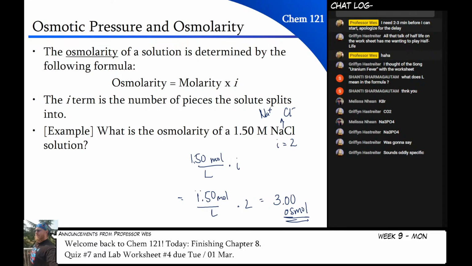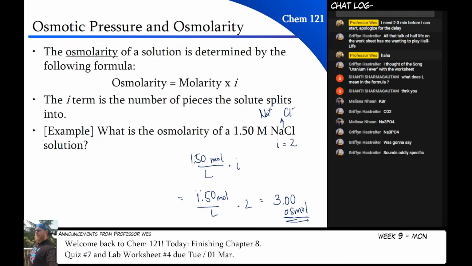And the unit that we use is osmol, OSMOL. So if I wanted a solution that had the same osmotic pressure as 1.50 molar NaCl, but I had a different i value for it, so maybe say like glucose. I want to make a sugar solution. I would need a sugar solution that would satisfy 3